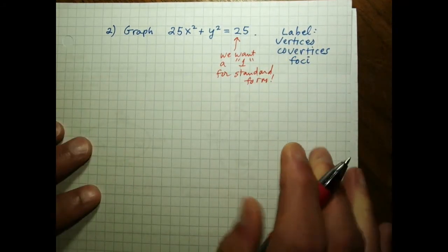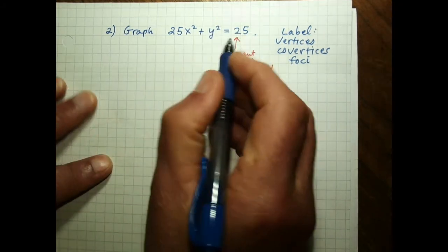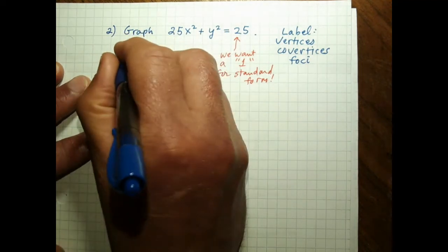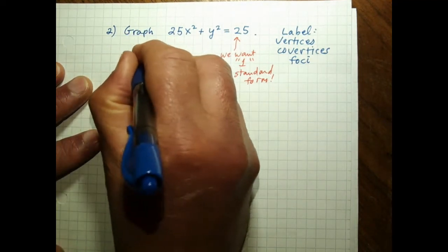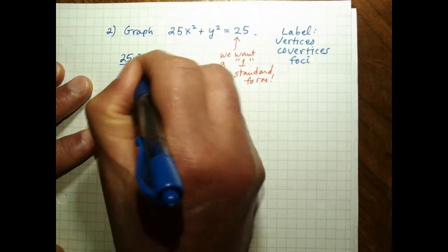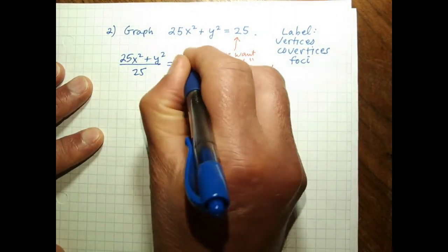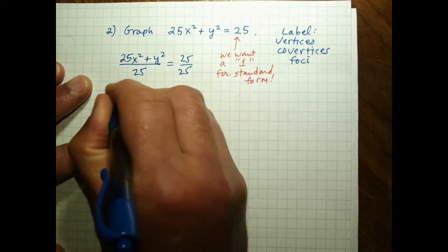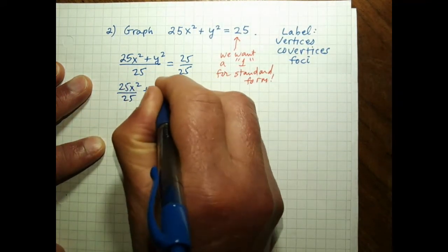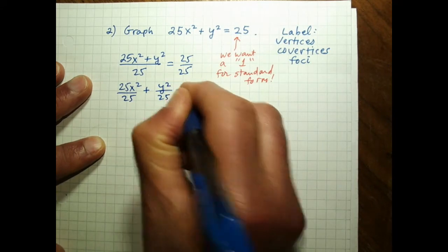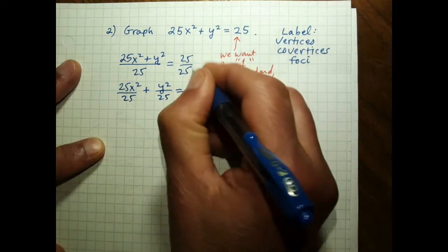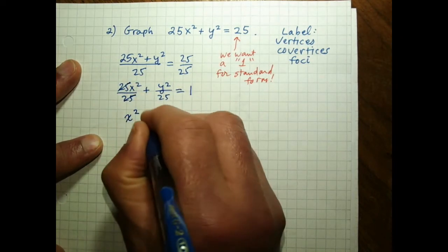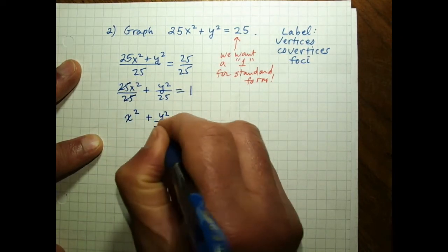So what I could do is I could take this equation. To get a 1 there, I could divide by 25. So I could take my equation and divide both sides by 25. And I have 25x squared over 25 plus y squared over 25 equals 1. I can also cancel the 25s here, so I have x squared plus y squared over 25